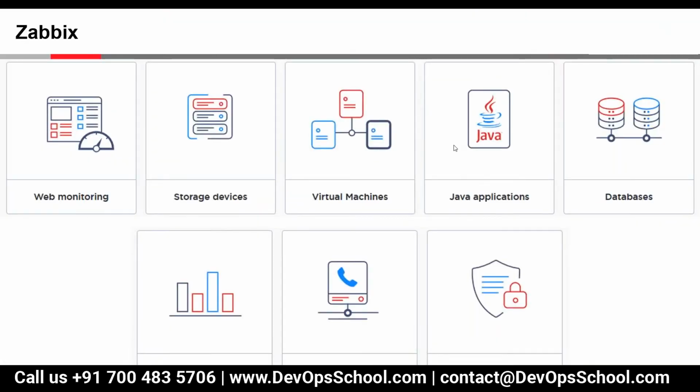If we are monitoring a particular VMware environment, we don't need to install agents on each and every VM which is there. We'll be adding the vCenter or an individual ESXi host, and we'll be monitoring it through API.